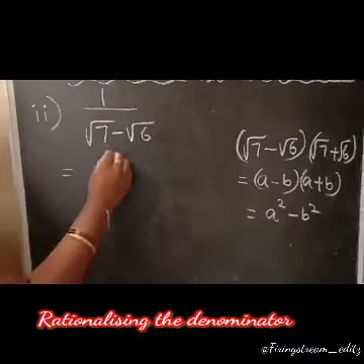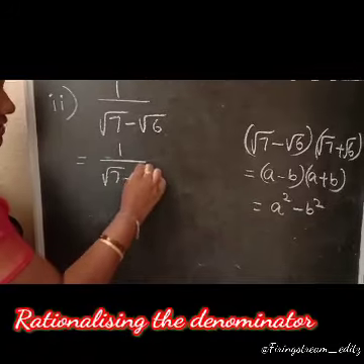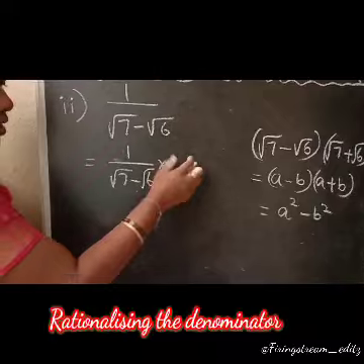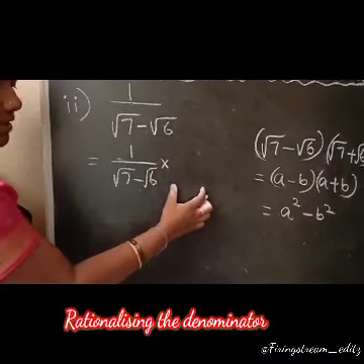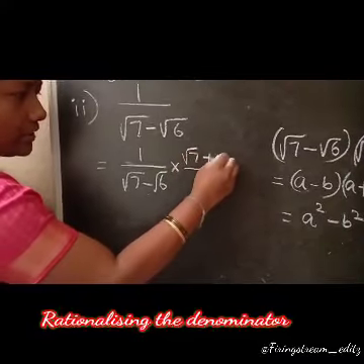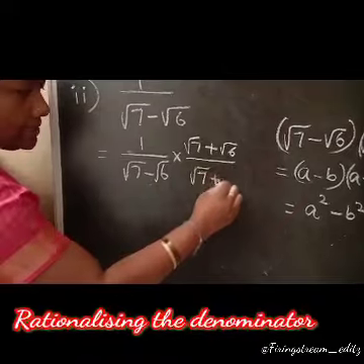So, now for 1 divided by square root of 7 minus square root of 6, we have to multiply by the conjugate in numerator and denominator. So, square root of 7 plus square root of 6 divided by square root of 7 plus square root of